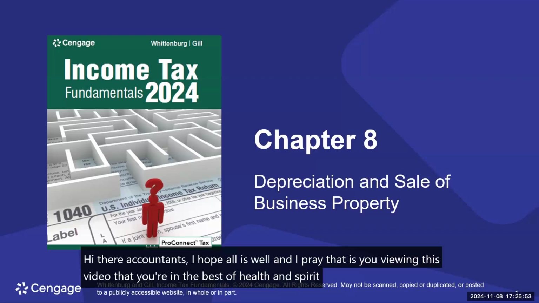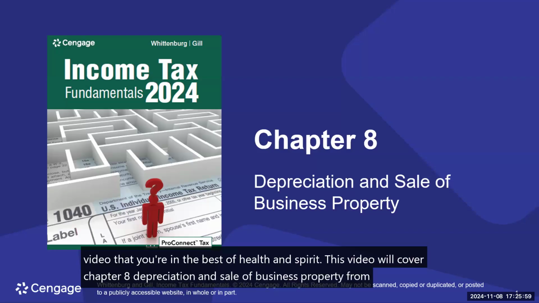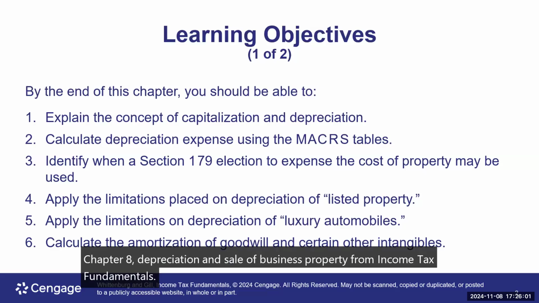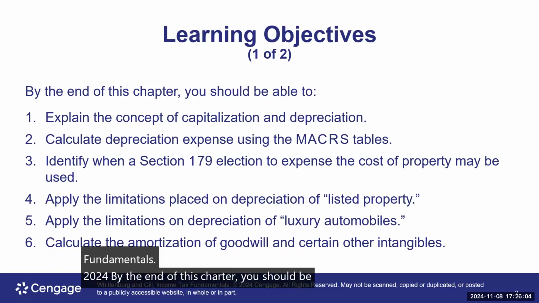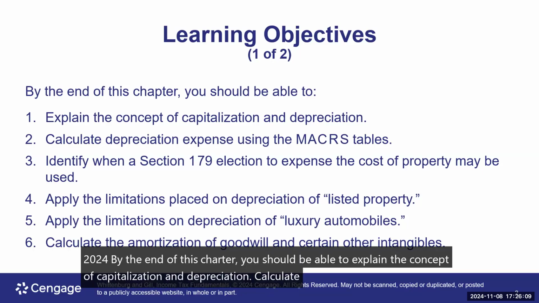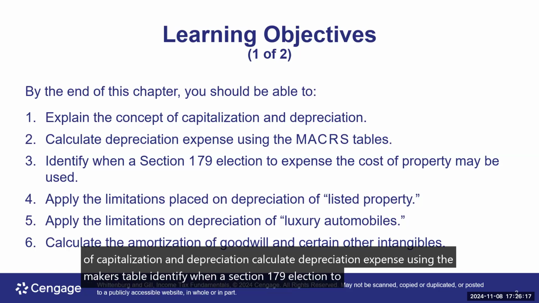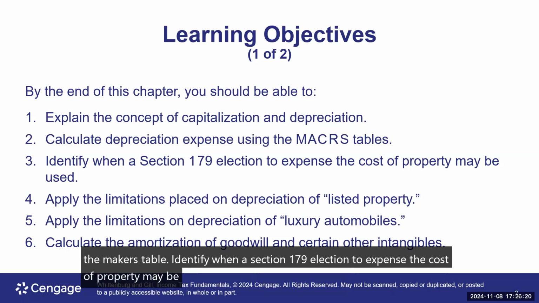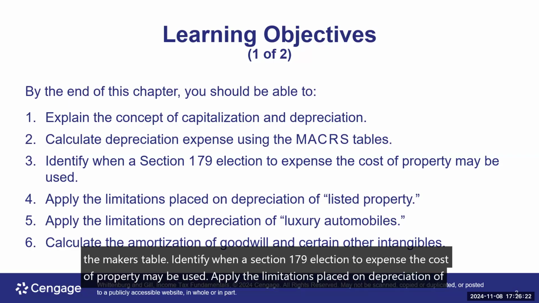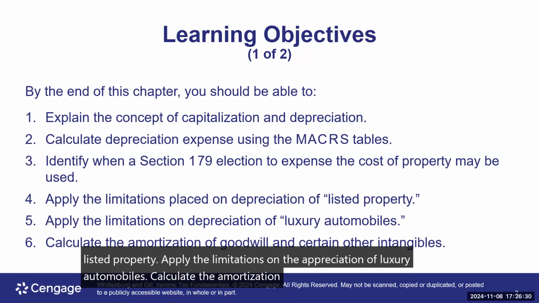This video will cover Chapter 8, Depreciation and Sale of Business Property from Income Tax Fundamentals 2024. By the end of this chapter, you should be able to explain the concept of capitalization and depreciation, calculate depreciation expense using the MACRS table, identify when a Section 179 election to expense the cost of property may be used, apply the limitations placed on depreciation of listed property, apply the limitations on depreciation of luxury automobiles, calculate the amortization of goodwill and certain other intangibles,